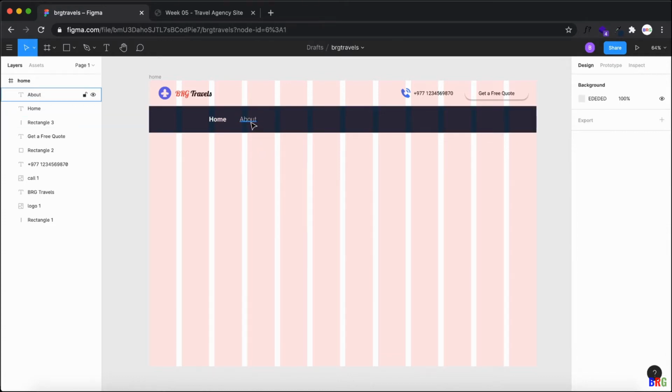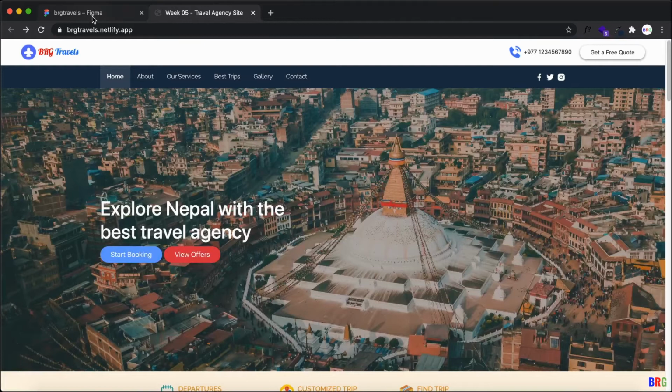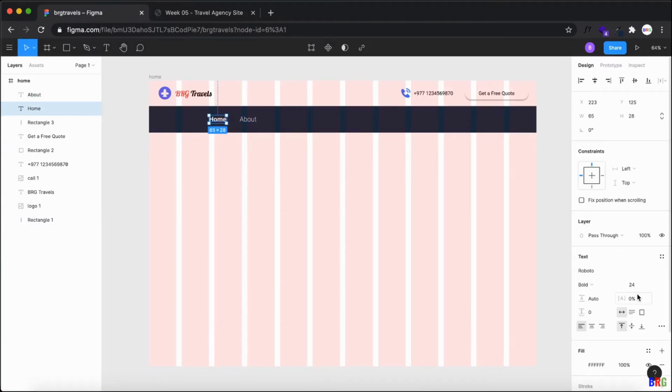I think this size is quite big, so let me give 22 or 20 probably. Okay, 20 is fine. Let's make it 22.